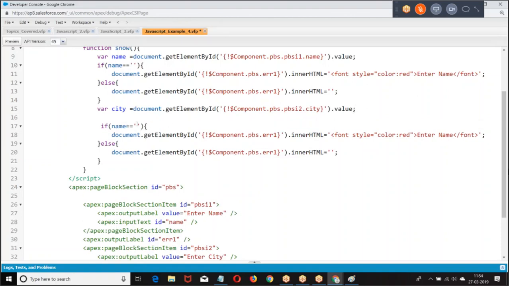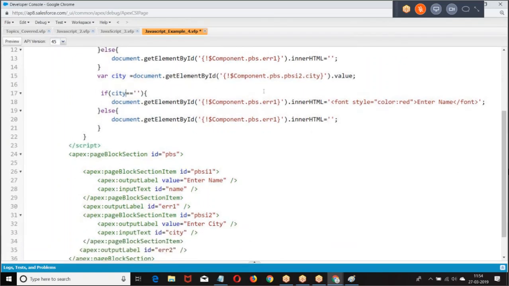Now I'm giving: if city equal to blank, then give an error message to enter it.